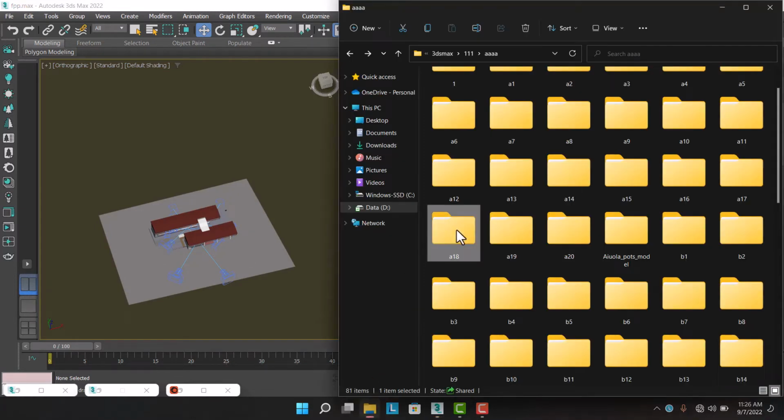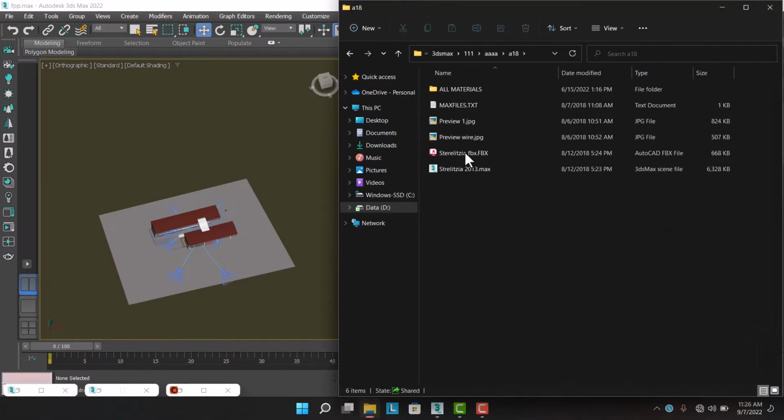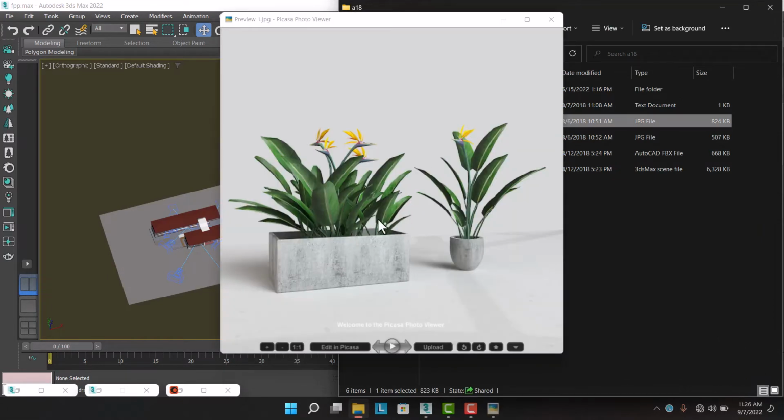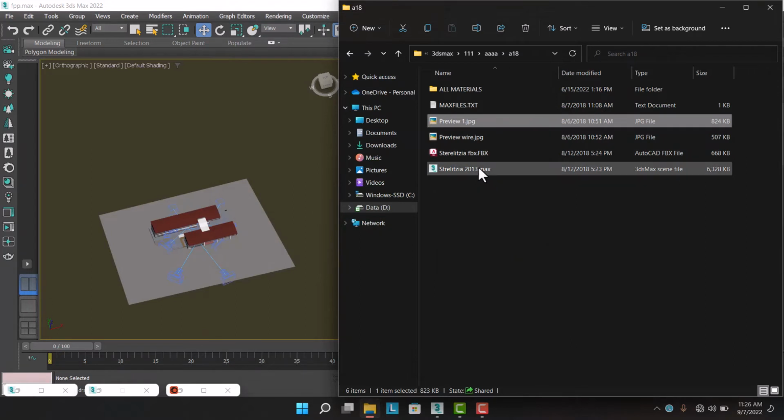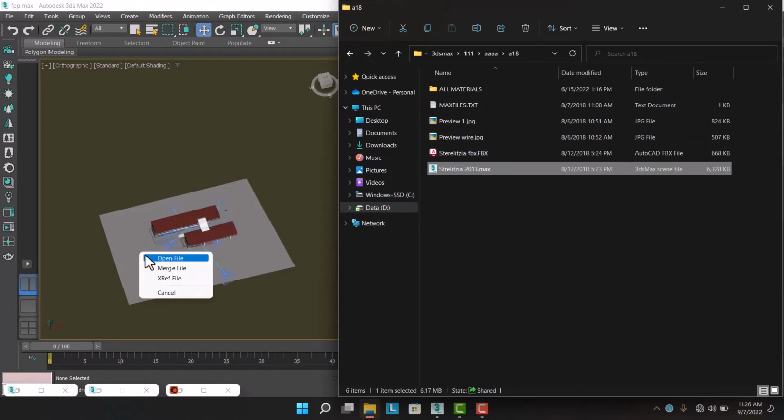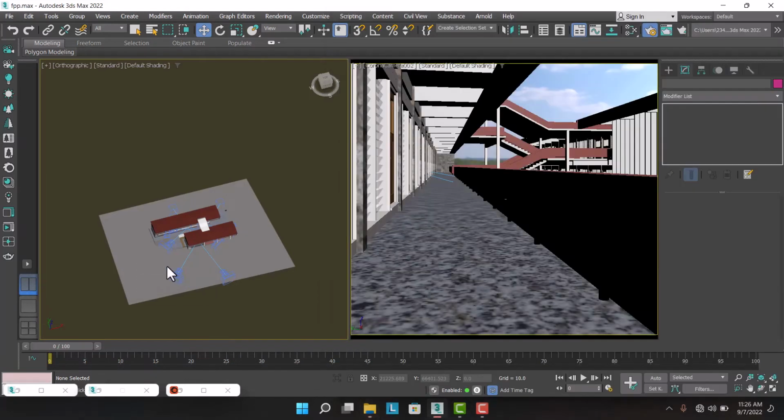You go to your folder and this is the preview. This is the max file. I'm going to drag this max file in here. It will give you an option if you want to open file, merge file, or Excel file. We need to merge, so press merge file. Then it will take some seconds for it to load,